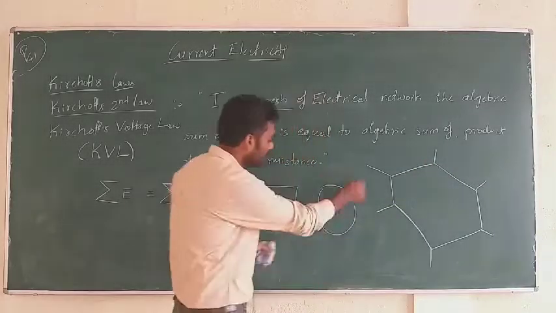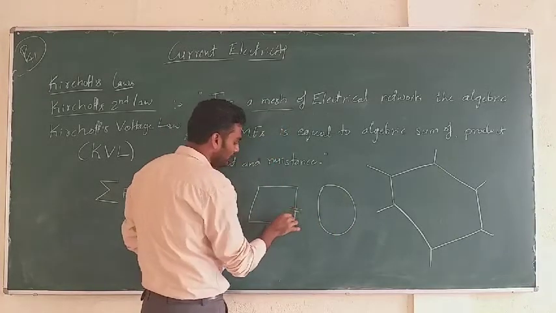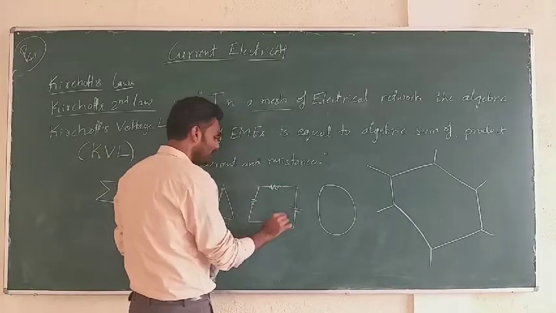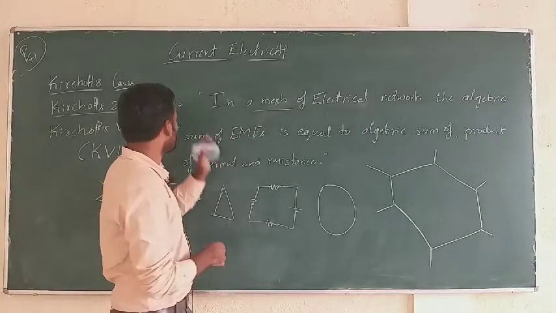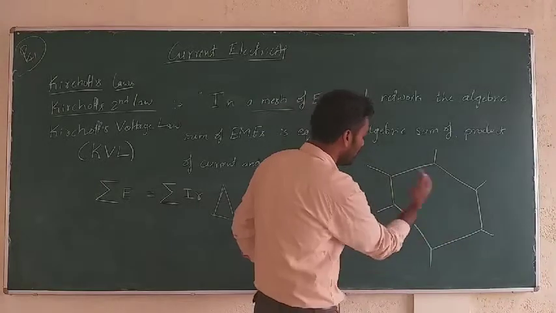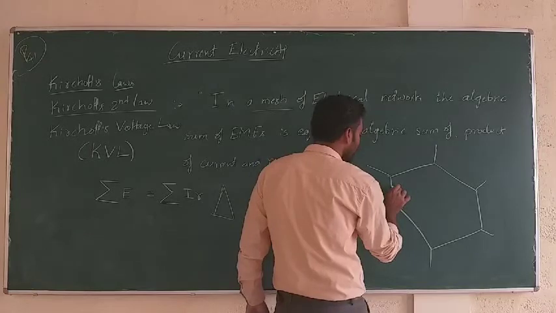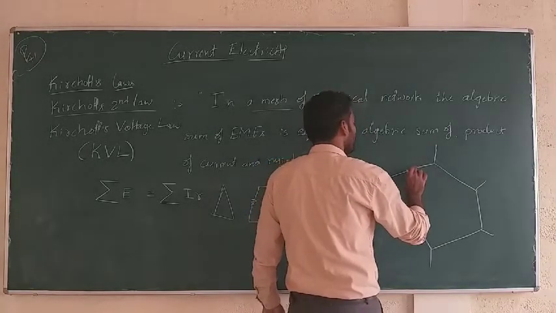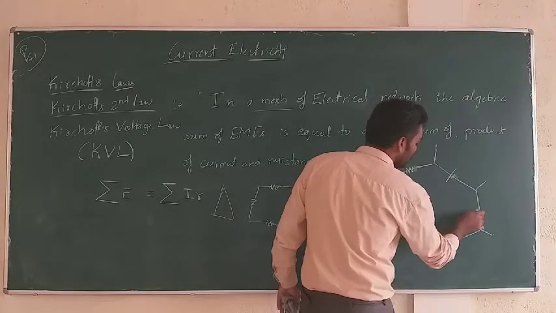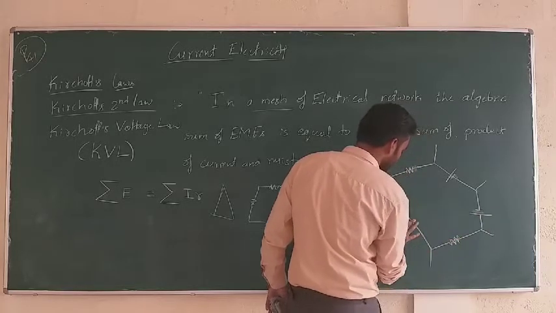If I simply have this kind of circuit like this one, and I have a battery here or a cell and few resistors here, this is very easy to solve. This is a simple electrical network. We don't need KVL to solve this. But when you have an electrical network in this way with multiple connections outside and multiple devices inside, say I have two resistors here and a battery or a cell here, one more cell here, and again a resistor and a cell.